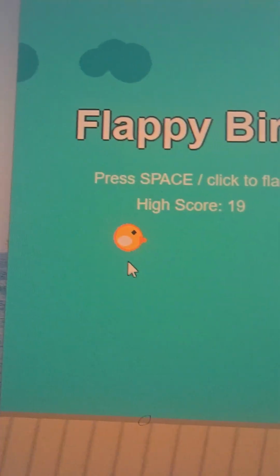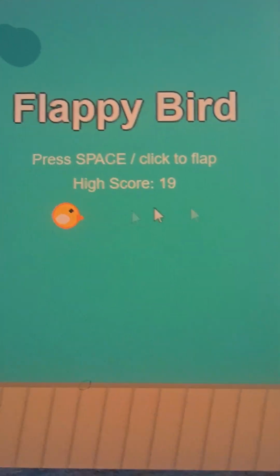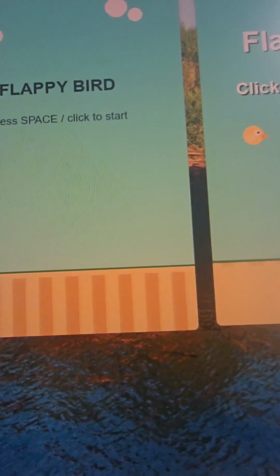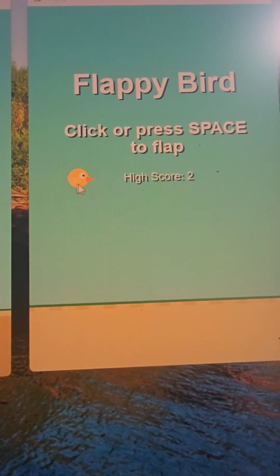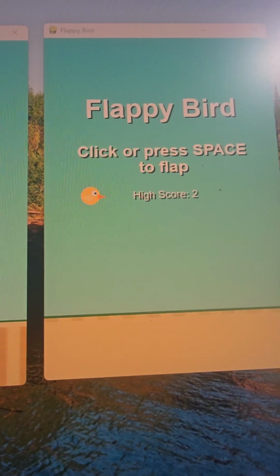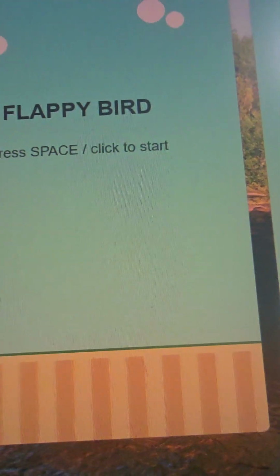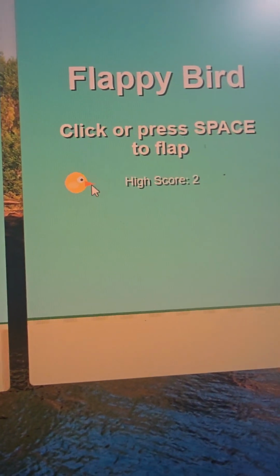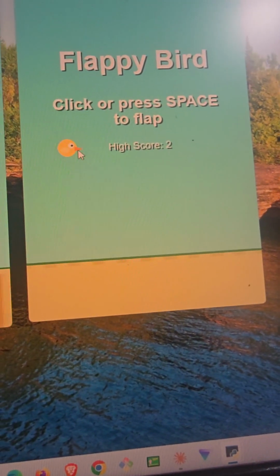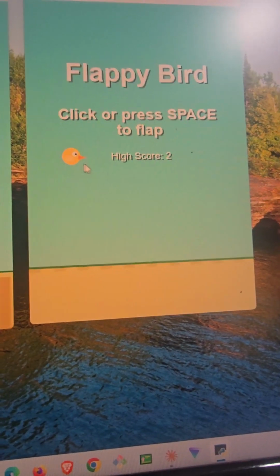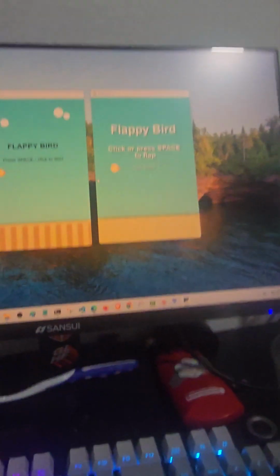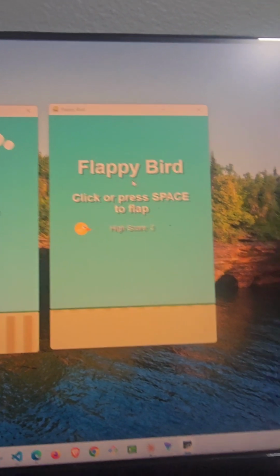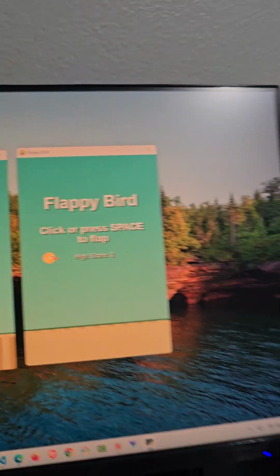Also the wings are white, where on this one the wings are a bit orange, just a little bit, and this one looks way different, but it's almost the same as this bird. It's just that it doesn't have the orange highlight around it. Very cool. It also has a larger mouth, I guess. That's what you call that, right? Very cool. I also like the fonts, the text here is very readable. It's a very good text that you can read.